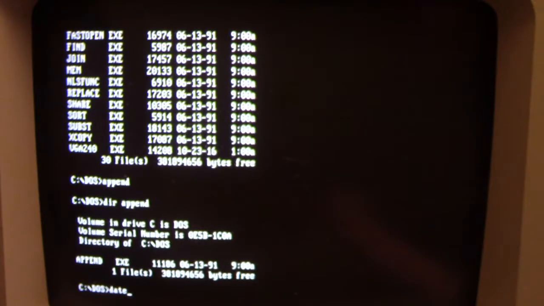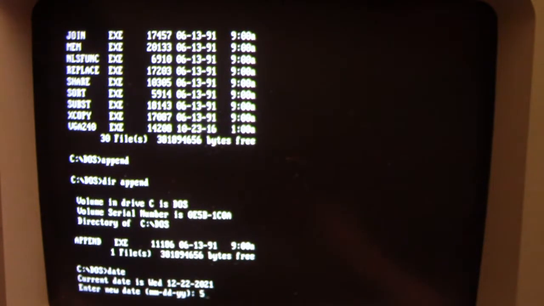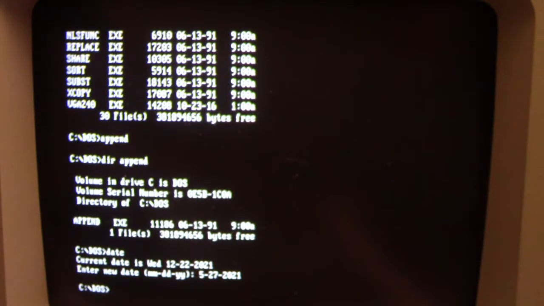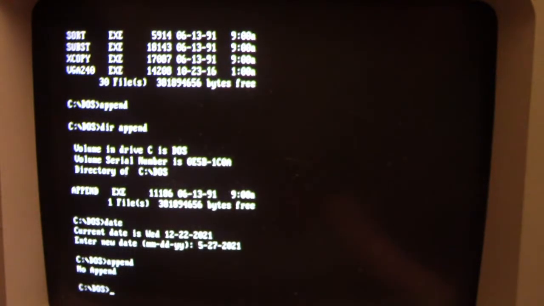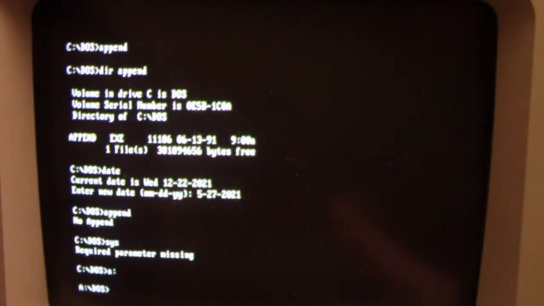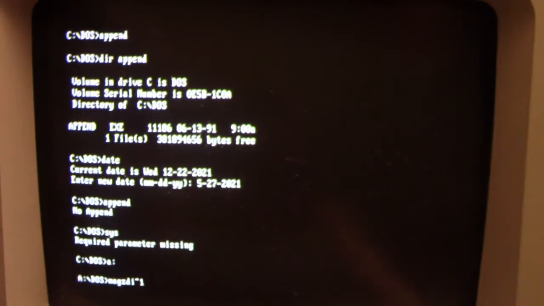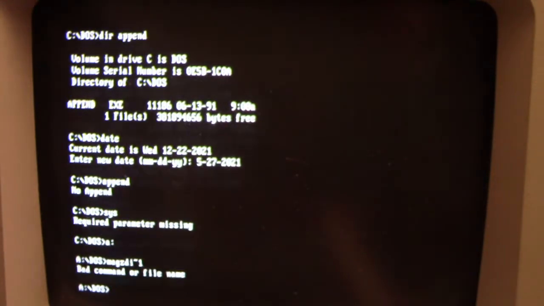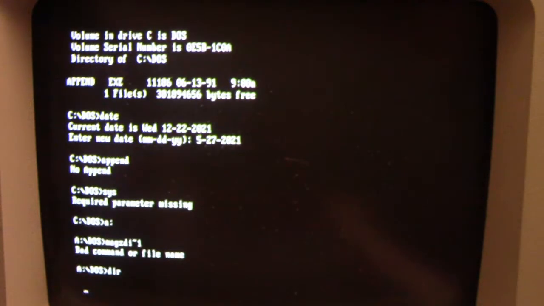So the payload occurs on May 27th of every year. Let's try one of these files, see if it makes a difference. No append, sys. No, so obviously it doesn't look like it did any infection there. So we are just going to run the raw Magdzie file. Well, that's because I didn't spell it right.